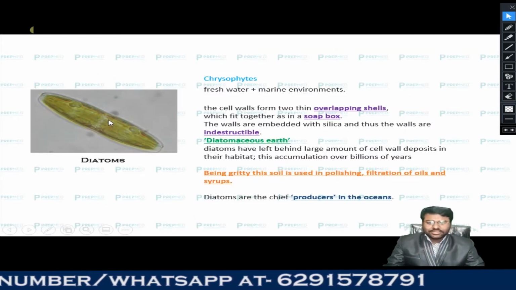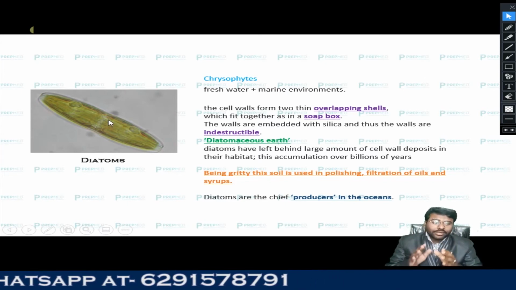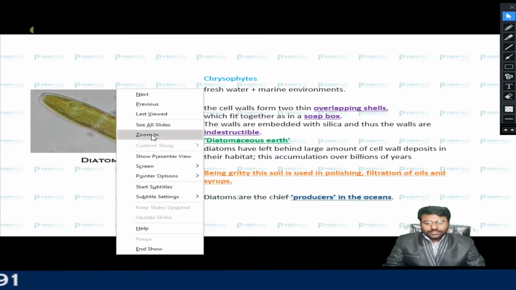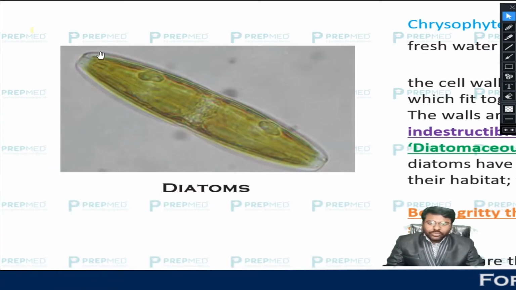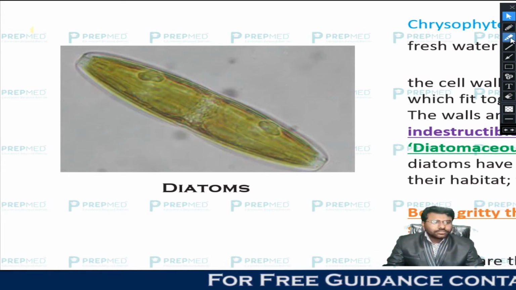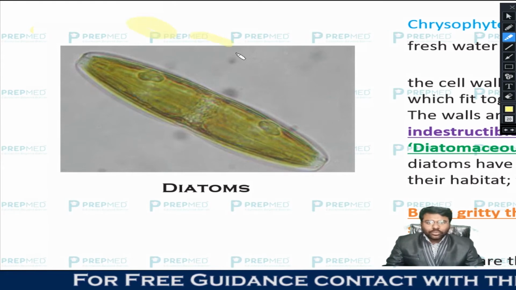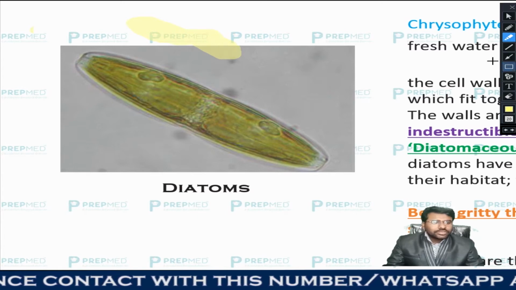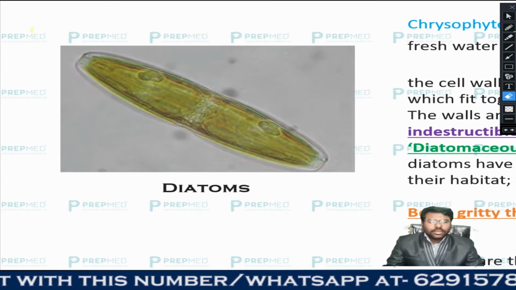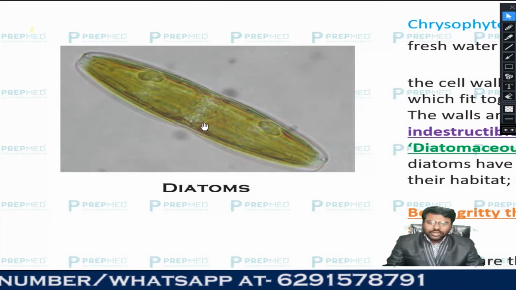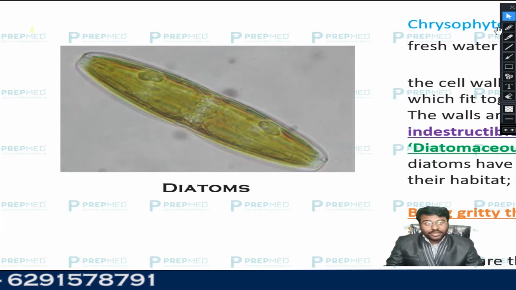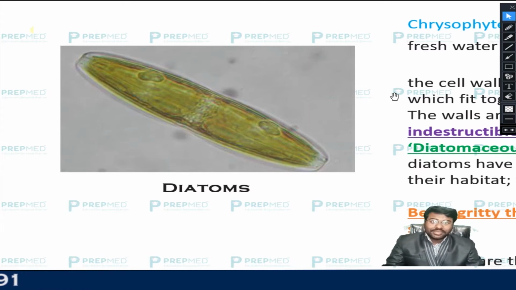In this slide, there is a very important diagram because it is a new diagram added in your NCERT textbook. So I am zooming in on this image. You can notice there are 2 cup-shaped structures, like one cup is there and another cup is there, and they are attached. This is like a soap box, and they are green. So these are the diatoms. Diatoms are very interesting to the examiner.